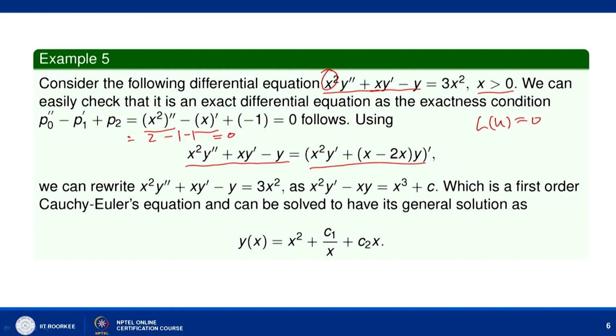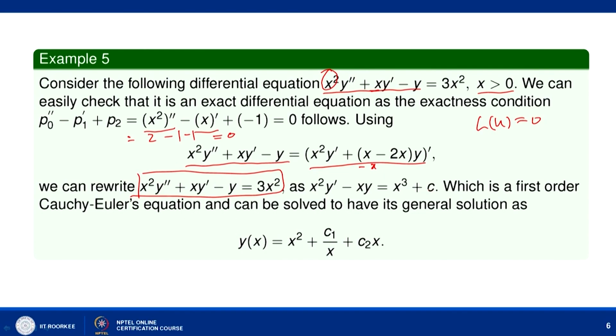So we can write x square y double dash plus xy dash minus y as x square y dash plus x minus 2x y whole dash. Now x minus 2x is nothing but minus of x. So we can say that this inhomogeneous differential equation, x square y double dash plus xy dash minus y equal to 3x square, is now written as x square y dash minus xy equal to x cube plus